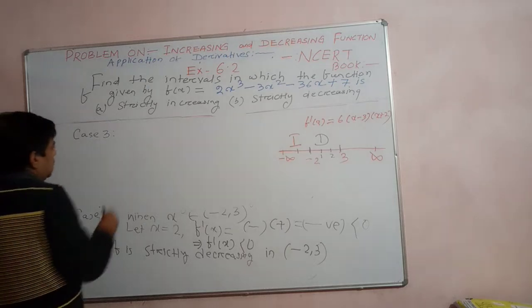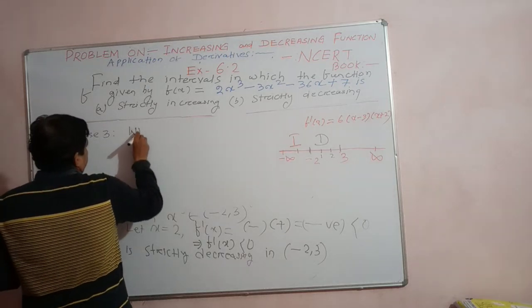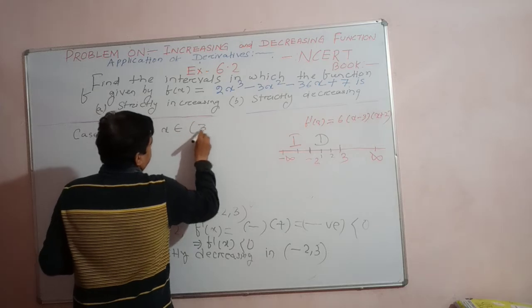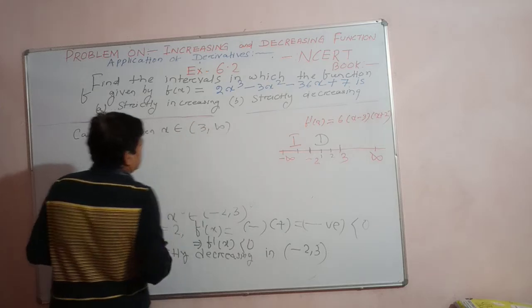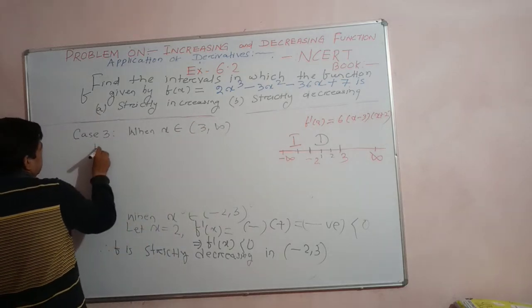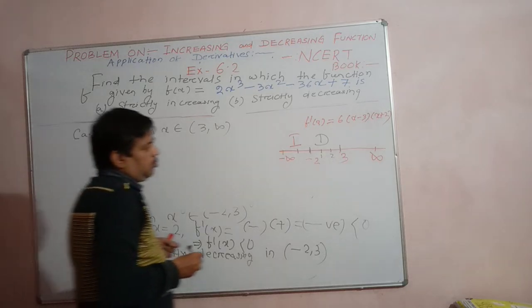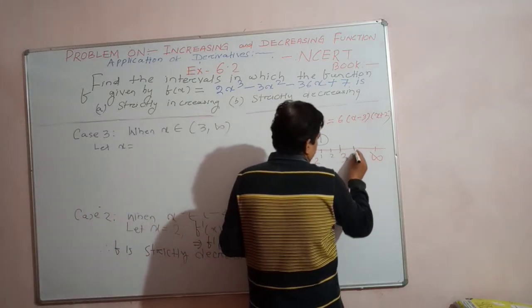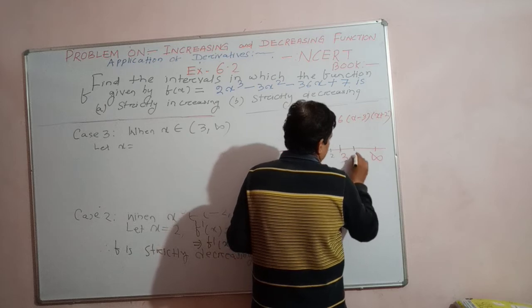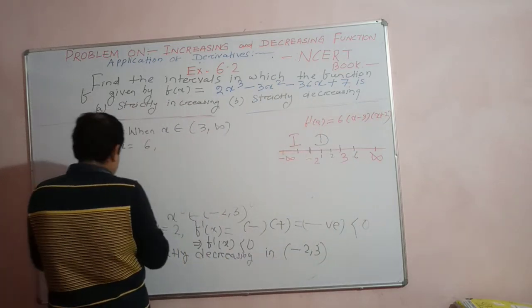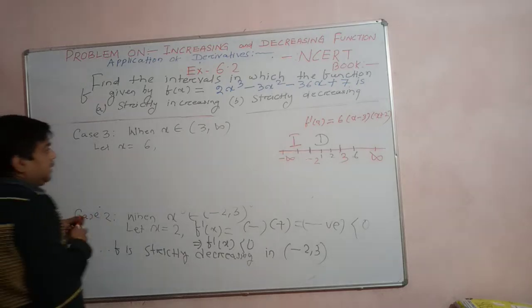So in the interval when the domain of the function lies between 3 and infinity, understand, let x is equal to what? I can take an x value greater than 3, let's see 5 or 6, let x is equal to 6. If x is equal to 6, then you see f dash x,